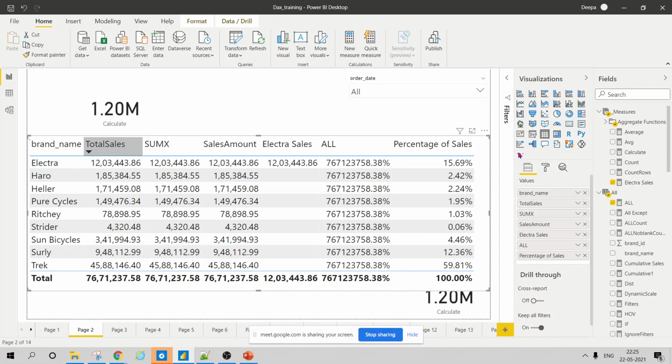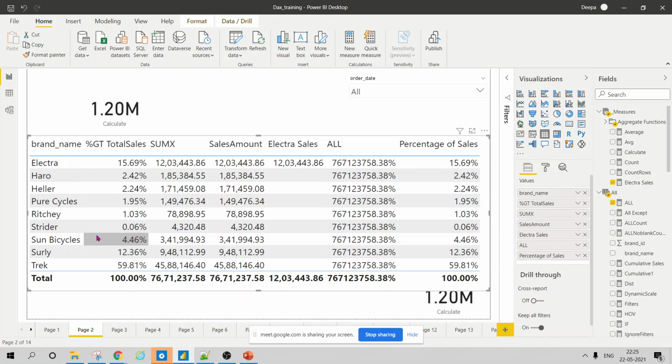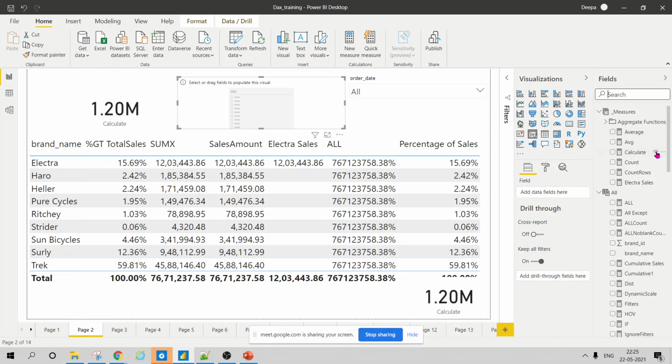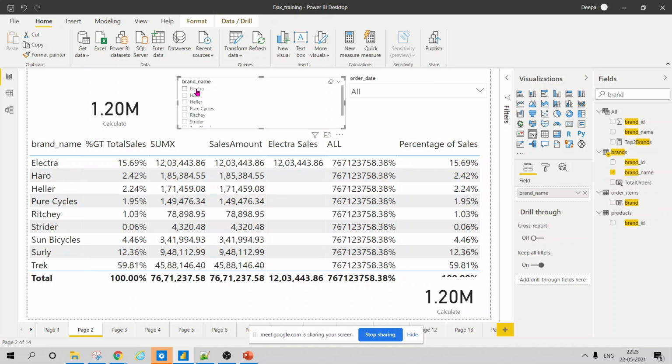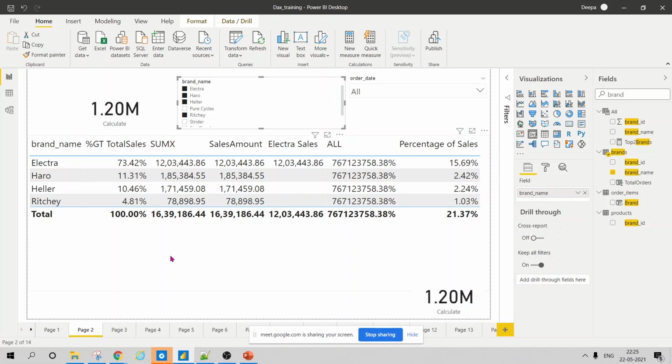This is my total sales, and what usually people do is calculate the value as percentage of grand total. So this gives you the value. Okay, but then there are different scenarios as well. I'll show you how. So now see, this value is giving me 100%, but actually it is 21.37.